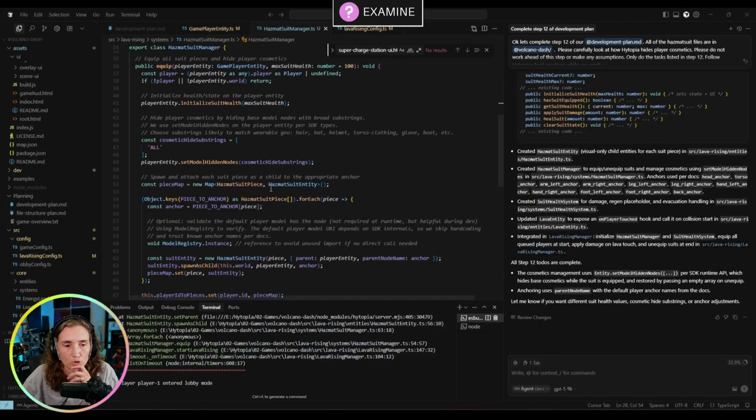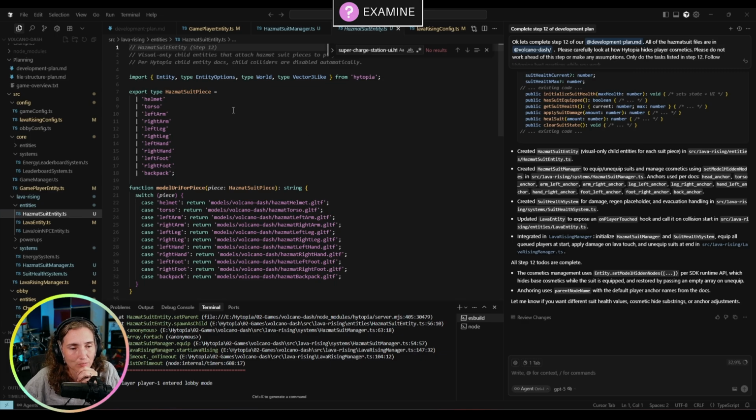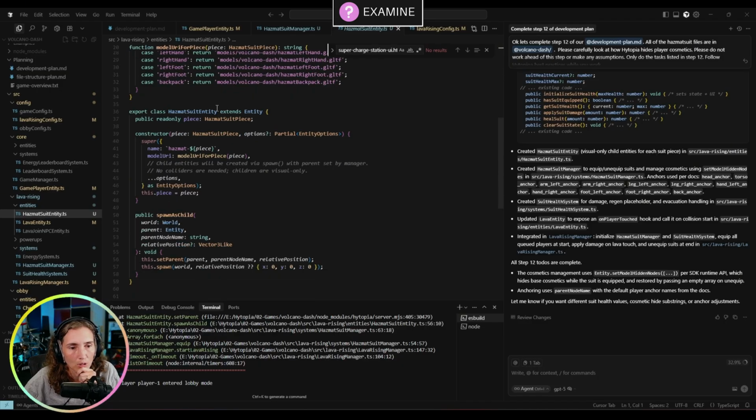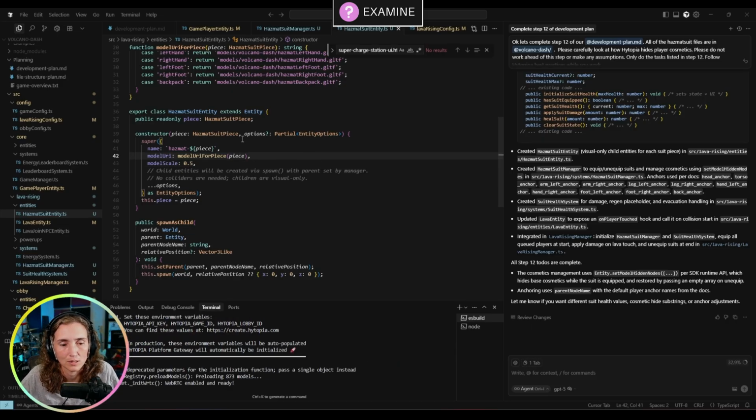Let's start with our suit size. Probably in our hazmat suit entity file, we're naming our pieces, we're doing the models. This is where it's being constructed. I'm pretty sure if right here I just add model scale and change it to half, I think it'll be correct. It's either half or